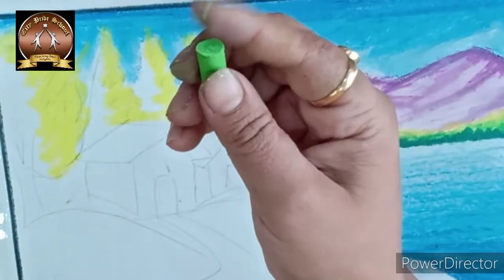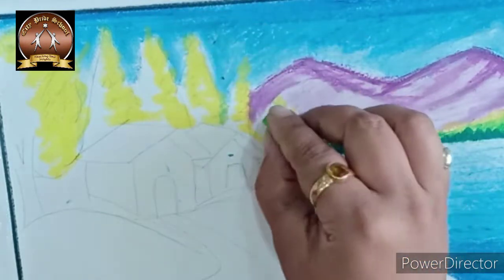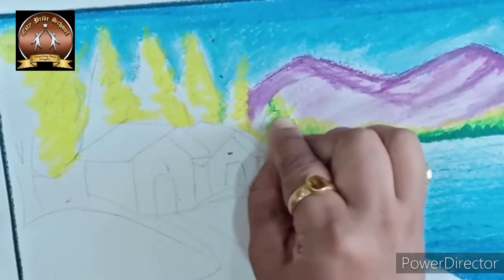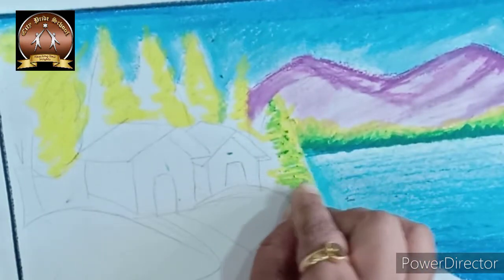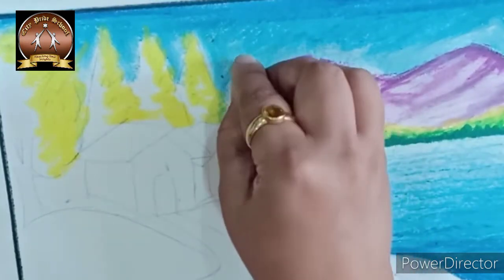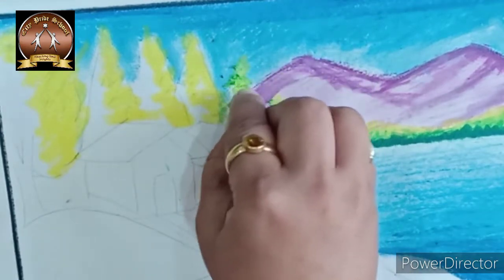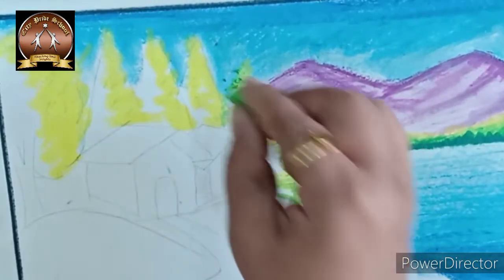Then we will use this light green color, children. See, I am drawing like this. Little lines you can also see. These lines will give us a very nice tree effect, children.